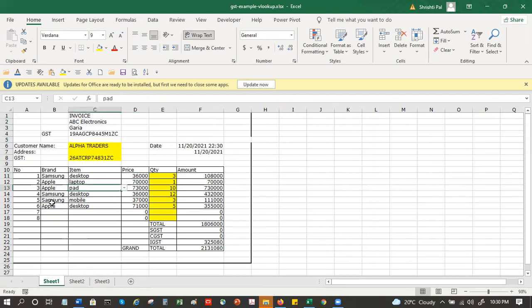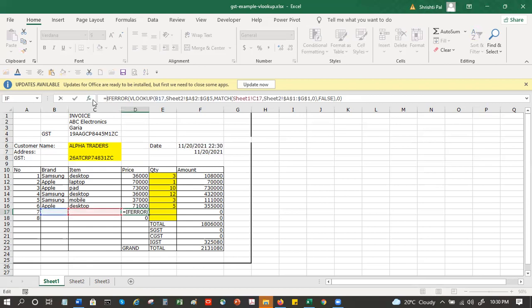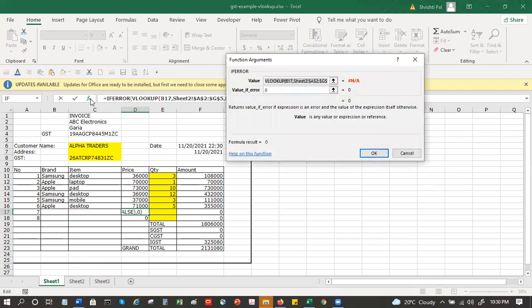So based on this, I can choose anything and see by default, I have a 0 here. If there is an error, it's going to return a 0. It will not return a value error. Because suppose somebody by mistake does something like hashtag REF, exclamation mark, those kind of things, to overcome that there's an IF condition for that. If error, then what? See, in this case, the value came out to be NA.